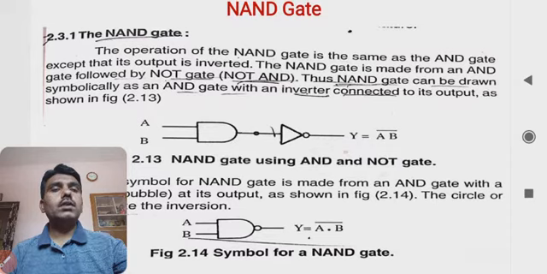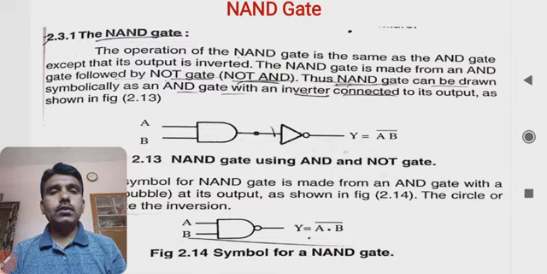No doubt it is a combination of two gates, and already we have seen the two basic gates, that is the AND gate as well as the NOT gate. As we know, the NOT gate gives you, whatever be the input, its complement; it is an invert gate. So if 0 is the input for the NOT gate, it will give you output 1, and if 1 is the input, it will give you 0 as output. So the NOT gate works completely as an invert or complement gate.